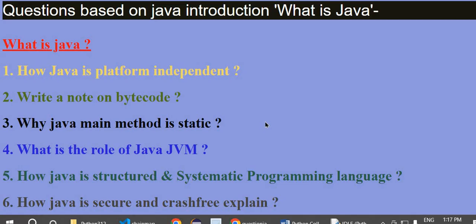So JVM sets up its environment to get your program running. So Java main has to be static. The main aim is that it should be accessible with the class itself and be object independent, and it will remain throughout the program until your program is over.